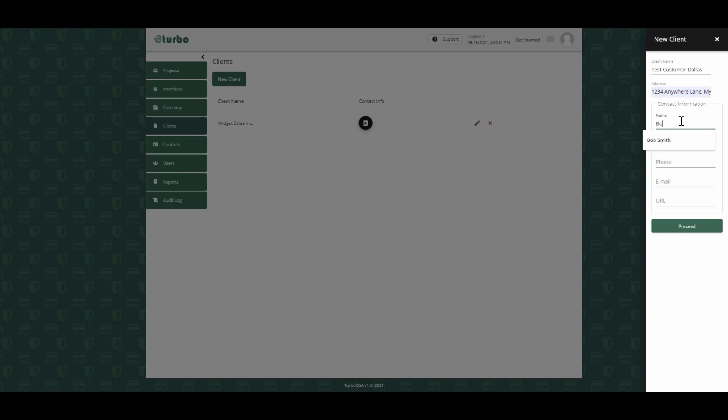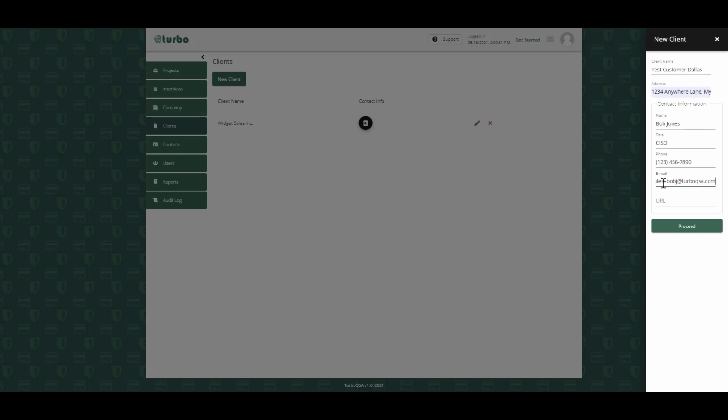So we'll say Bob Jones is the person that's going to be doing that. His title is Chief Information Security Officer. His phone number is 123-456-7890. And we're going to get Bob an email address, make him one up. So I'll say Bob J at